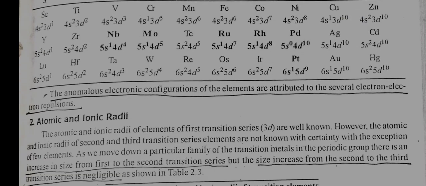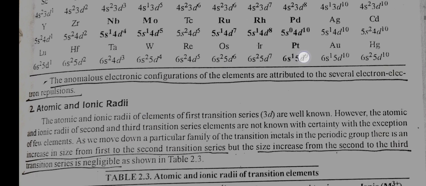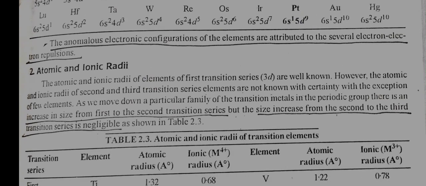The anomalous electronic configuration of the elements are attributed to the several electron-electron repulsions. Second, atomic and ionic radii. The atomic and ionic radii of elements of first transition series are well known. However, the atomic and ionic radii of second and third transition series elements are not known with certainty, with the